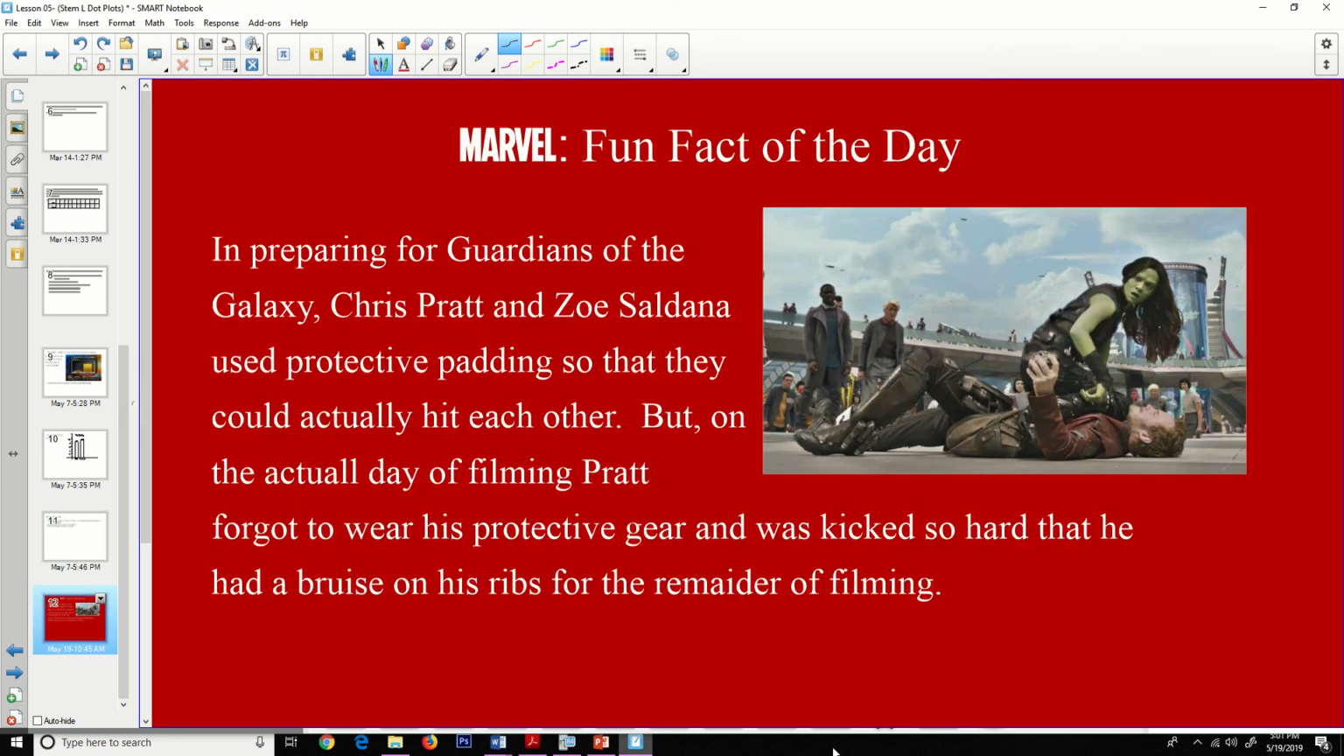So, the Marvel fun fact of the day. In preparing for Guardians of the Galaxy, Chris Pratt and Zoe Saldana used protective padding so that they could actually hit each other, but on the actual day of filming, Pratt forgot to wear his protective gear and was kicked so hard that he had a bruise on his ribs for the